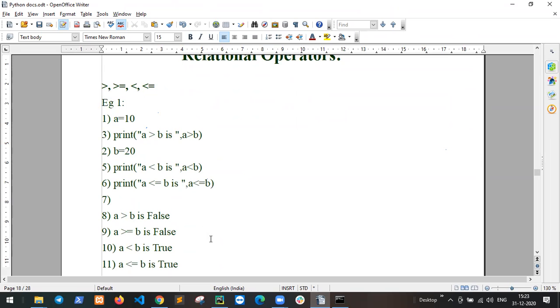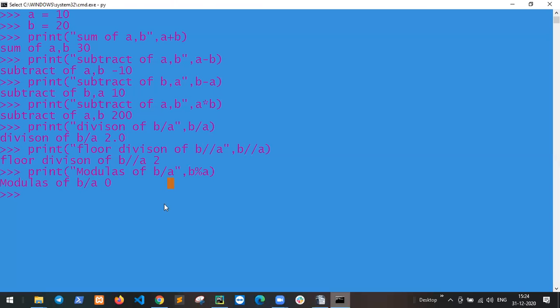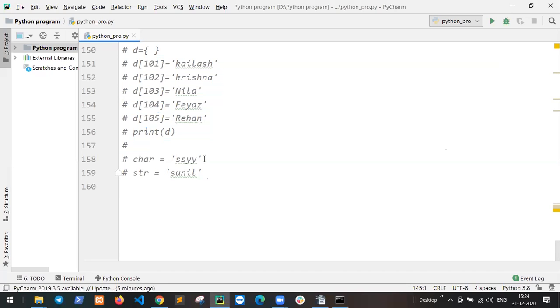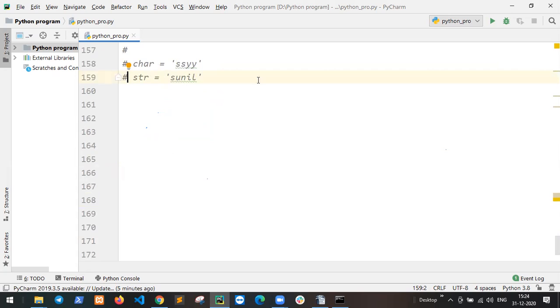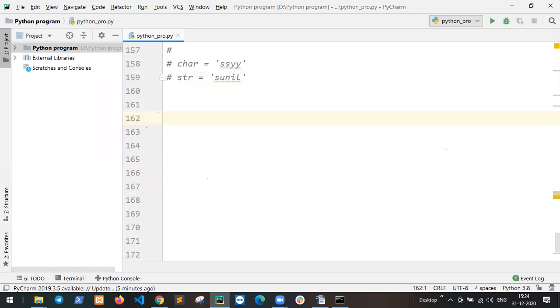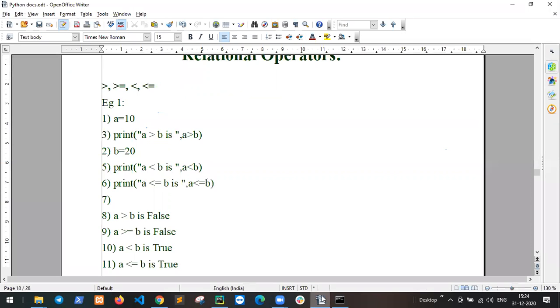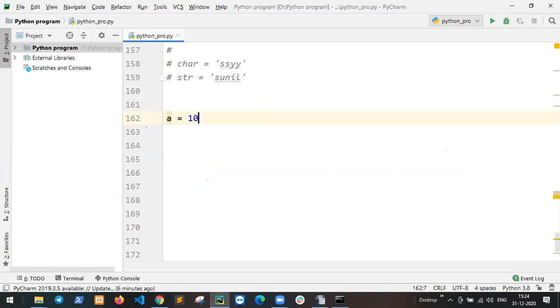First off, so if uh, okay, a equal to 10 and b equal to 20. and print.